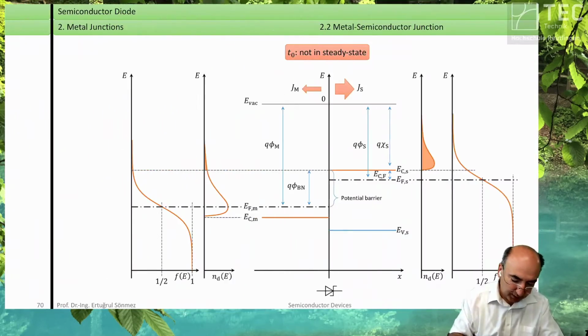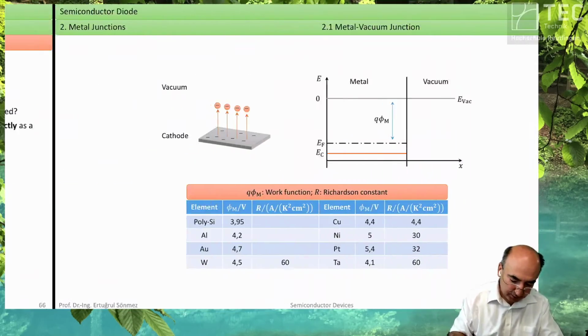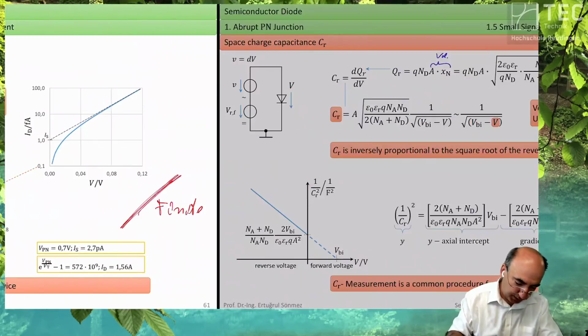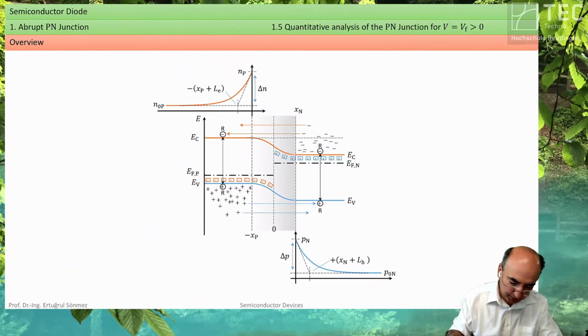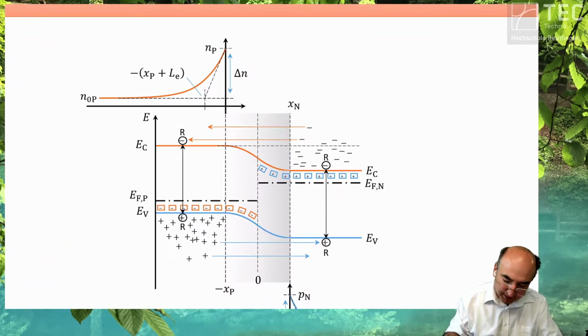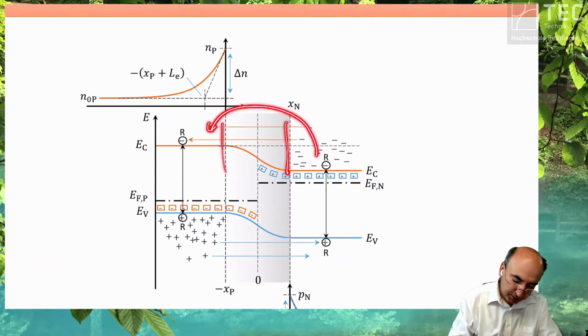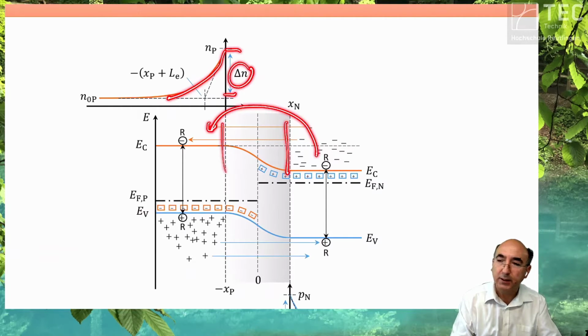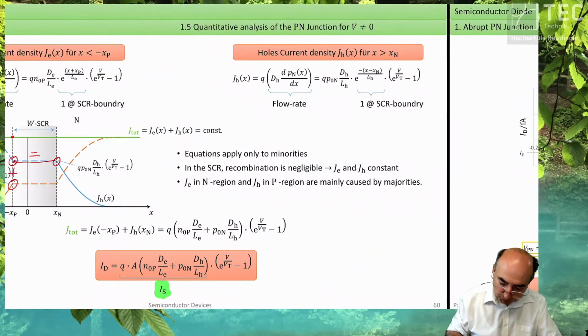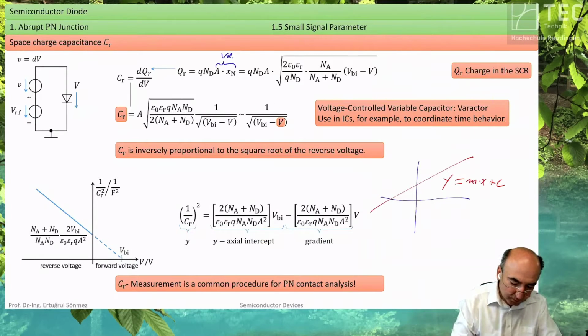The slide has been shown to you on page 59. There I said, if you forward bias a p-n diode, you inject electrons, and these electrons generate an injected density of particles, and these particles generate a so-called